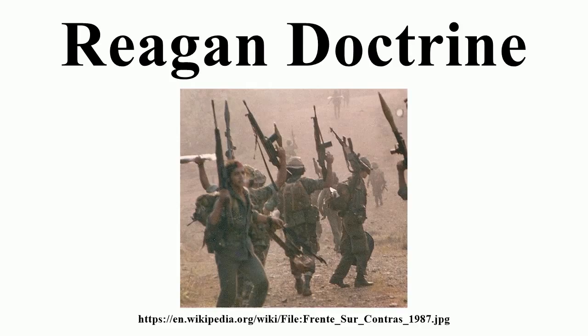Under the Reagan Doctrine, the United States provided overt and covert aid to anti-communist guerrillas and resistance movements in an effort to roll back Soviet-backed communist governments in Africa, Asia, and Latin America. The doctrine was designed to diminish Soviet influence in these regions as part of the administration's overall Cold War strategy.